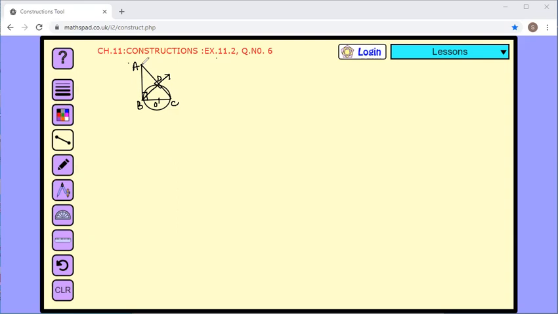Now, if A is the exterior point, we know that the length of the two tangents from exterior points are equal. So clearly visible. What will we do? We will open our compass from A to B and will put an arc here because length of the two tangents from exterior point are equal. So we will be joining this line from A to E like this. And this will be another tangent to the circle. I hope the idea of constructing this construction in this question is clear to everyone.